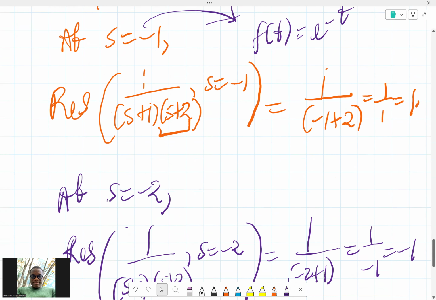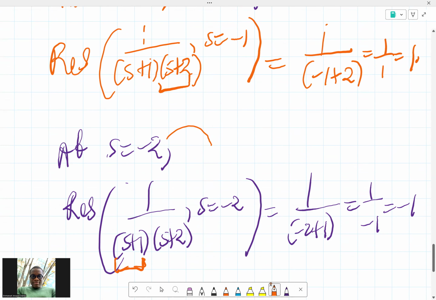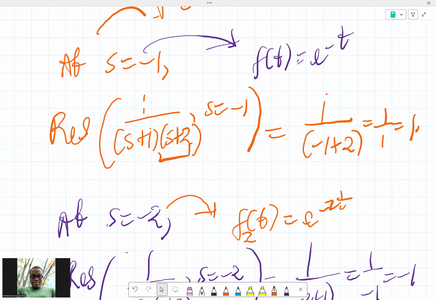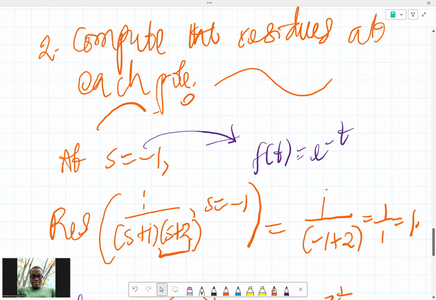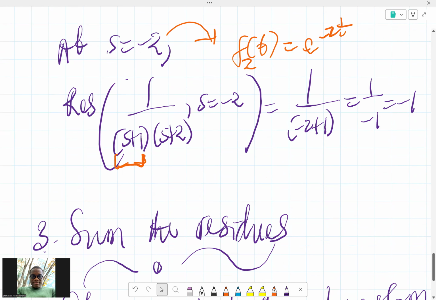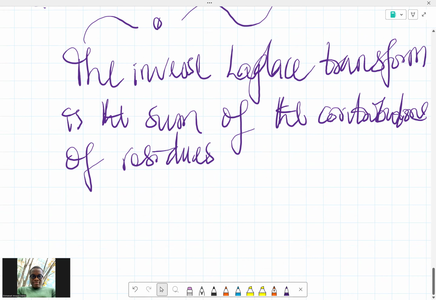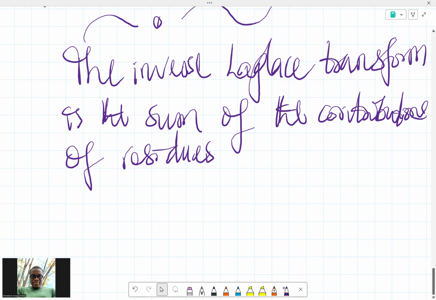Okay, and because this is s minus 2, this is going to contribute f of t. Let's say this is f2 of t, right? That is e raised to power minus 2t. That's what this is going to contribute. Just like this one would be f1 of t. Okay, so the inverse Laplace transform is the sum of the contributions of the residues, given as